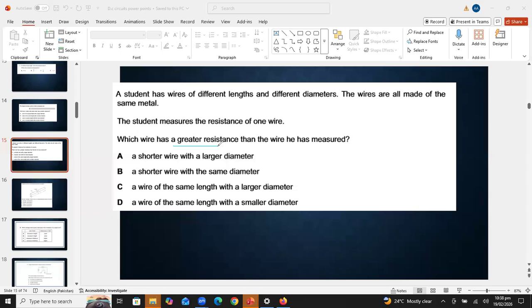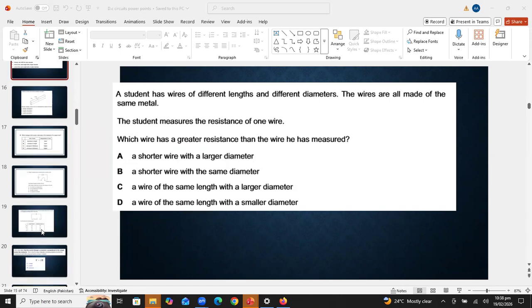Wire should not be a shorter wire, because shorter wire will offer less resistance. So A or B cannot be a right answer. तो देखिए बेटा, they are saying a wire of same length. So if the wire is made up of same length, well done everyone. So it means diameter should be smaller, because a smaller diameter will offer greater resistance. So now this topic is clear to you. So I'm leaving these questions, beta. You can attempt these questions as a homework.